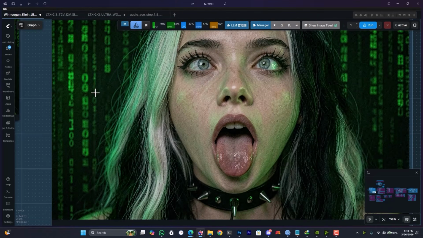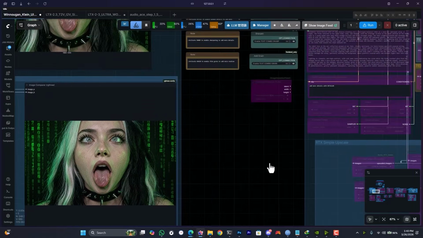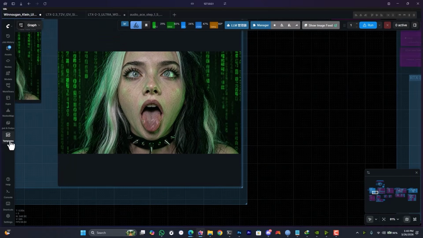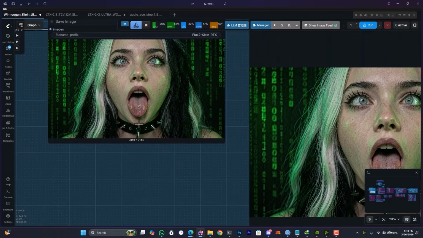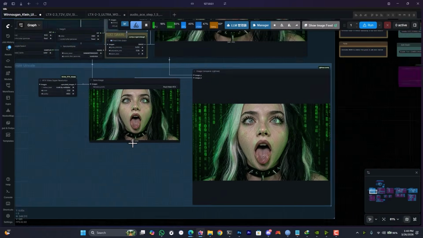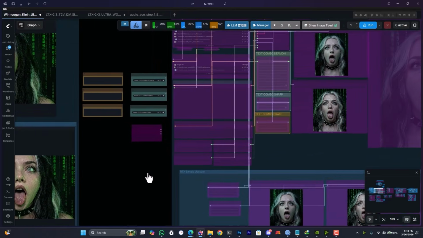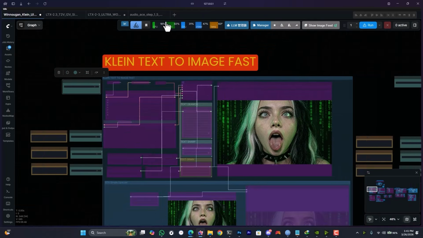Here you can see with the RTX Upscaler, no difference at all. It just upscaled it as if it was done. Here you can see it's in 4K, and it took like a second to upscale that. Let's go and jump into